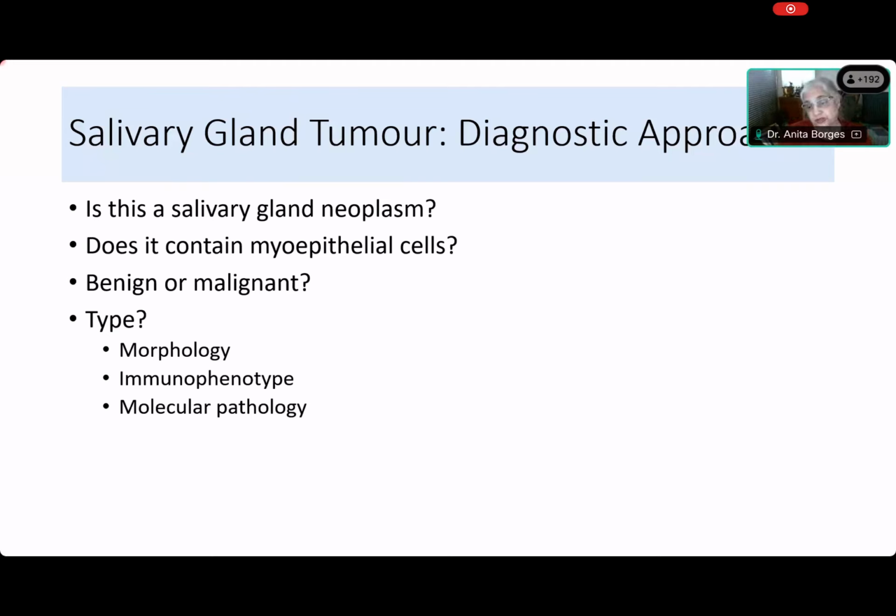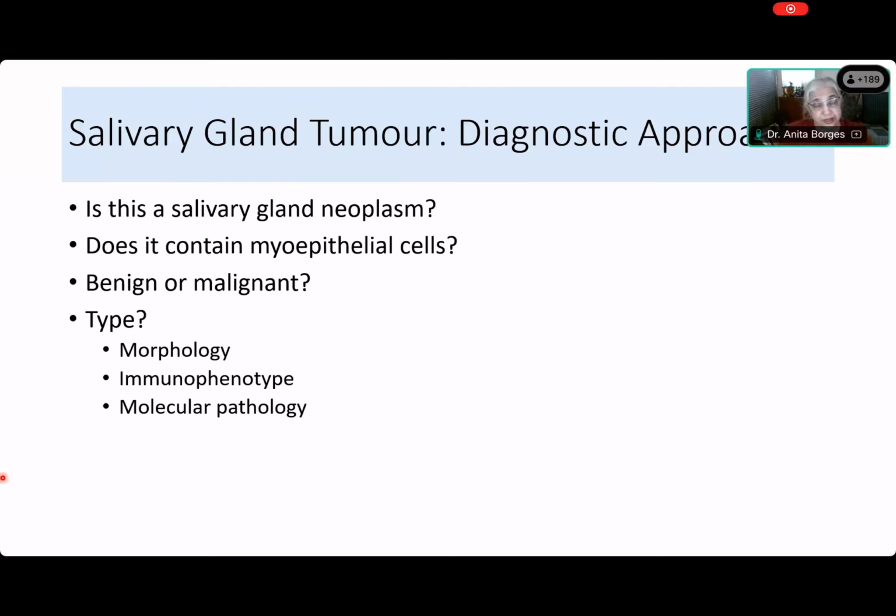Now, this parapharyngeal space is a very interesting space. You can have all kinds of tumors in the parapharyngeal space. You get lymph nodes, the vagus nerve goes through it, there are blood vessels, and it's very close to the carotid artery. So any tumor swellings, neoplastic or non-neoplastic, that occur in the parapharyngeal space can present as a deep lobe parotid tumor. So the first thing, and this is important when somebody is doing a biopsy like an FNAC, is to ask, is this a salivary gland neoplasm? Because everything that occurs in the salivary gland area is not necessarily coming from the salivary gland.